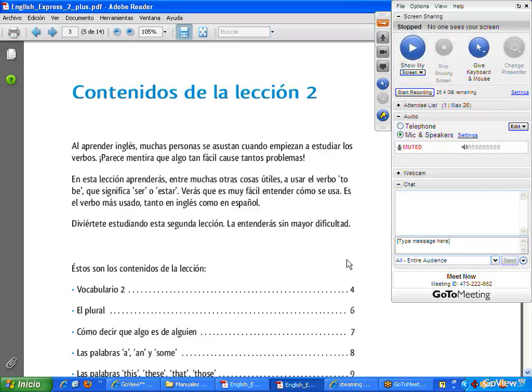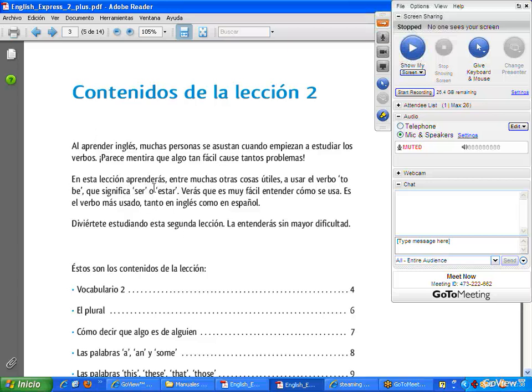Today we're going to look at Lesson 2 of Palabras. So these are the contents of the Lesson 2. It says here, to learn English, a lot of people are frightened when they start to study the verbs. It seems that there are often a lot of problems with the verbs, but in this lesson you're going to